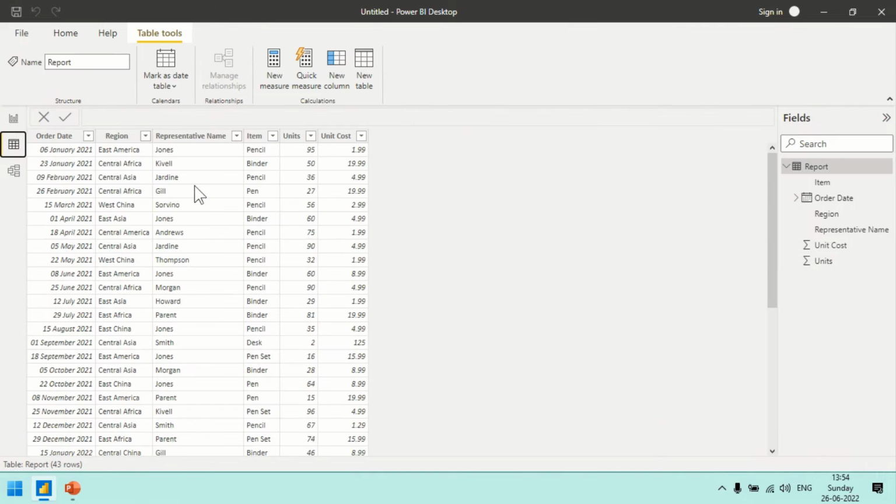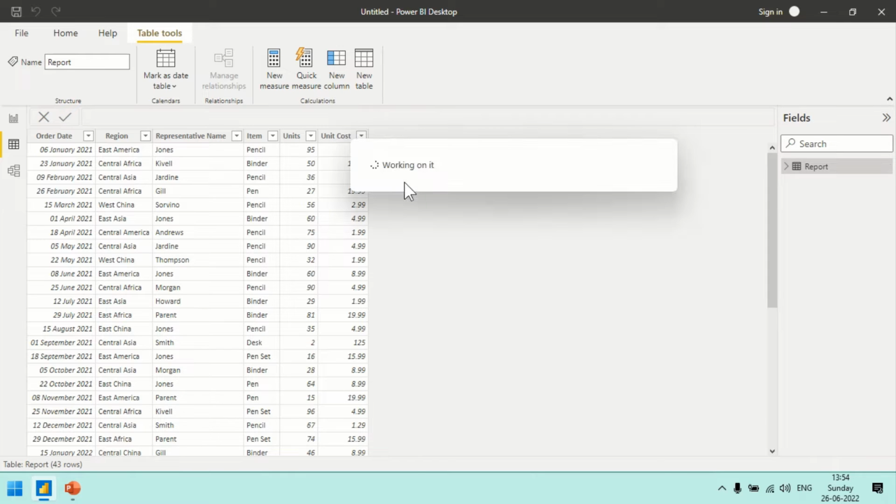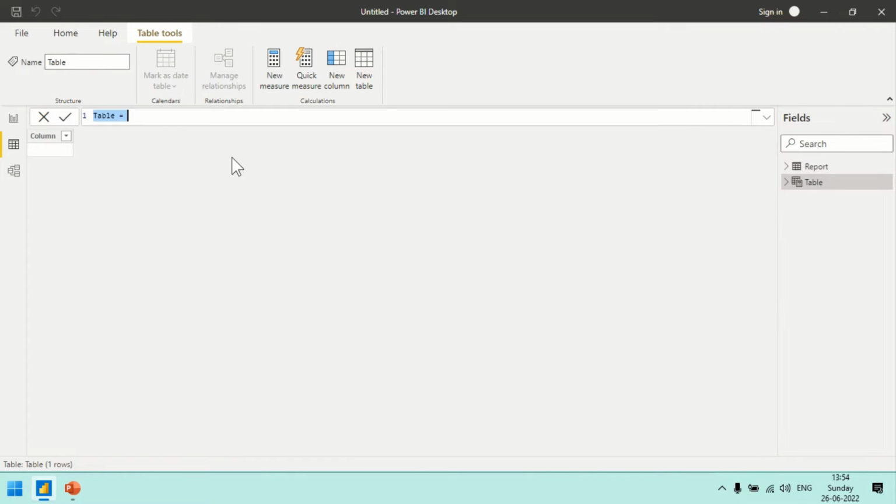On the screen we have one sample table imported, which is a report, and we have 6 columns in it. Now let's say I want to summarize, I want a separate table, and in that table I just want region and units, so only these two. So what I can do, I can click on new table, and here I can put the SUMMARIZE function. So let's say new table,